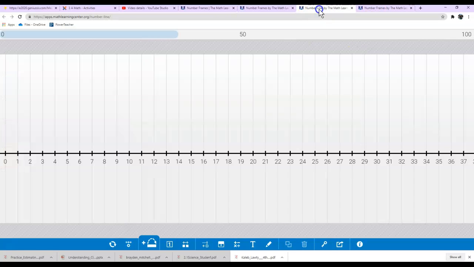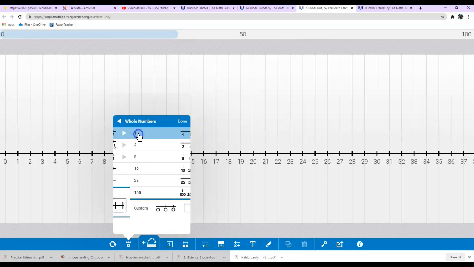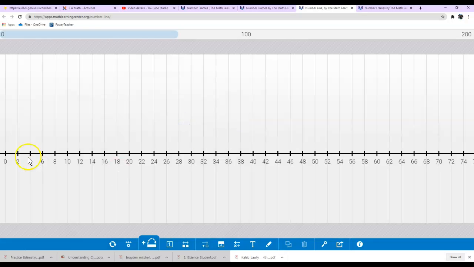But another one that you can also do is go to their number line. So when you go to the Math Learning Center, instead of choosing the previous one, you can choose their number line. And when you choose the number line, you're going to come down to the number line maker. And let's say that we want to multiply by 2's. Just start with an easy one. You're going to pick whole numbers, pick your number line as 2, hit done. And now you can actually see this is 1, 2. And they have an arrow button here, which sometimes gets a little bit more difficult than it's worth. But you could say, well,